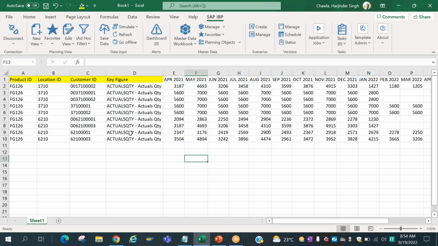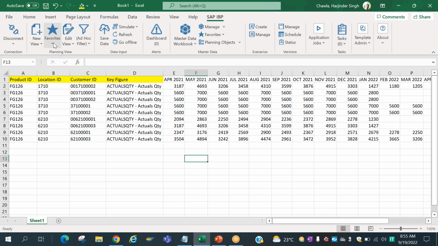The advantage is, if I log off from the system, next day when I log in, I don't have to again go to the new view and choose everything, product, location, customer, key figure, and this data. It will automatically be chosen from the favorites.